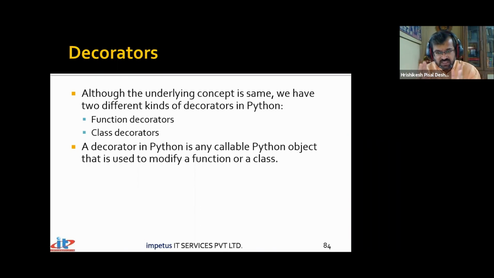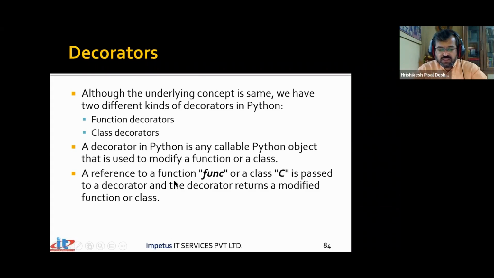That means there is a function that we have already designed. Normally, when you call a function, it carries out some task. Now you would like to carry out some additional task without changing that particular function. How is this possible? That is made possible by the concept called decorator. This statement is very useful and important: it can be used to modify the behavior of a function. The core operations will still remain the same, but certain operations inside the function can be modified. We'll explore today how we can modify a function without changing the code of the function.